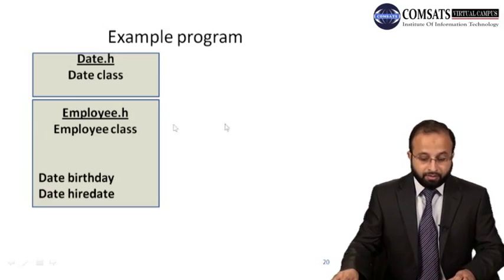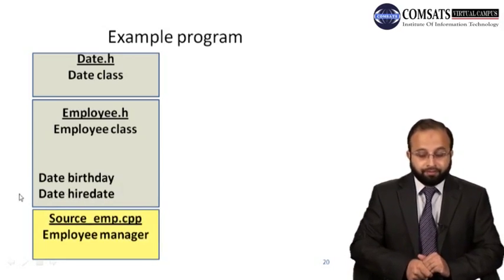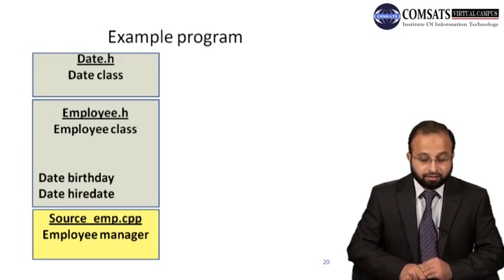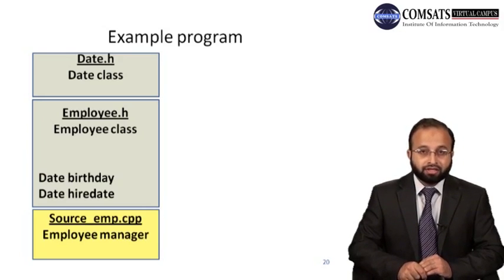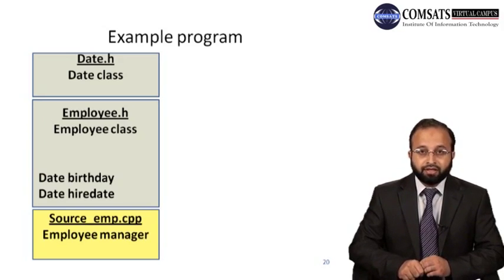So the name of the object is birthday, which belongs to the class date, and hire date, which is also an object of date class. And then we have the source file. These two are header files. So date.h contains the definition of the date class. Employee.h contains the definition of the employee class, and within that definition it has the two objects